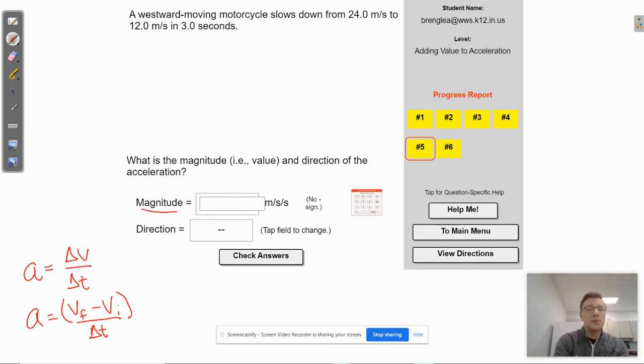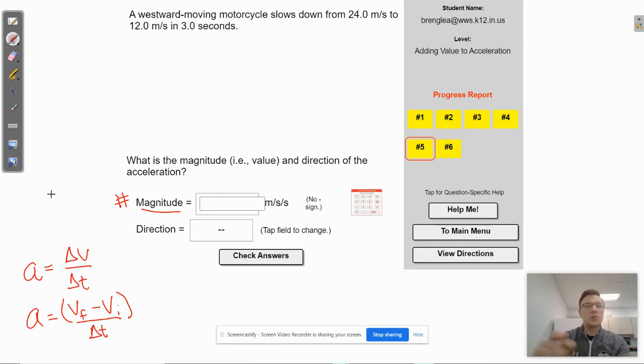Remember, the word magnitude just means how much. So this is the number right here. The magnitude is the number value. So if an object accelerates at 5 meters per second squared, the magnitude is 5. Okay, and then we do need to assign a direction to acceleration. So this says a westward moving motorcycle slows from 24 meters per second to 12 meters per second in 3